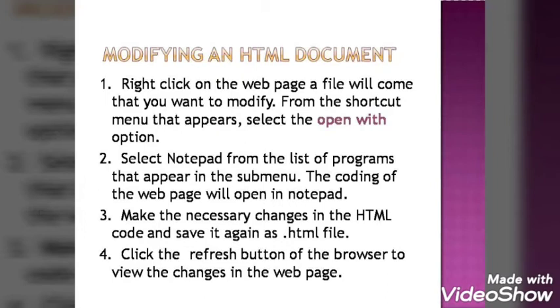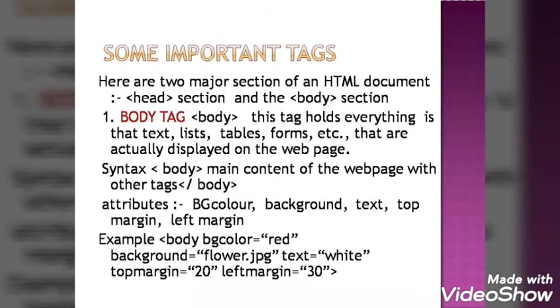What will appear? The same page will appear where you have done all the coding. It will open. Now you can make changes. You want to add the background, you want to change the title, you make the corrections there. Again you save it. How you will save it? .html. That is a document extension. You will save it as .html. Then again you will click on the refresh button and you can see the web page which you have created. Using the title and heading, you can click refresh, and again whatever changes you have made, you can view the modifications.